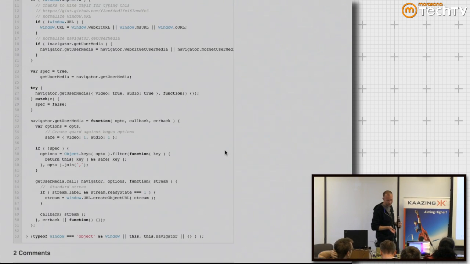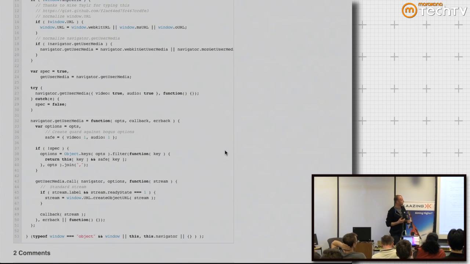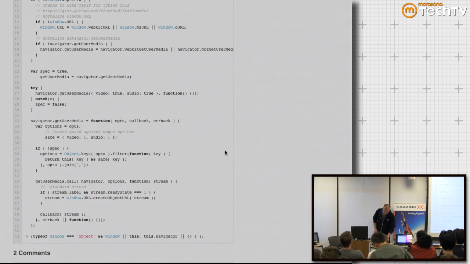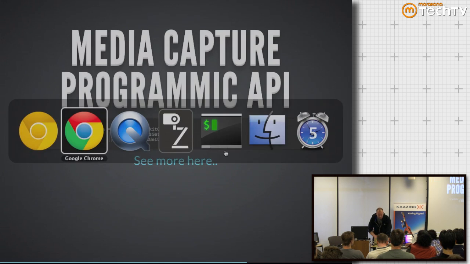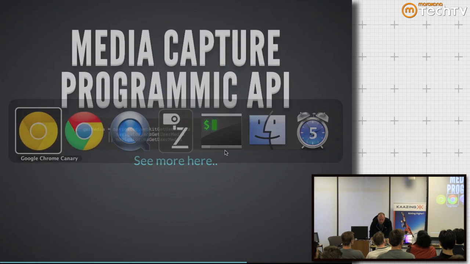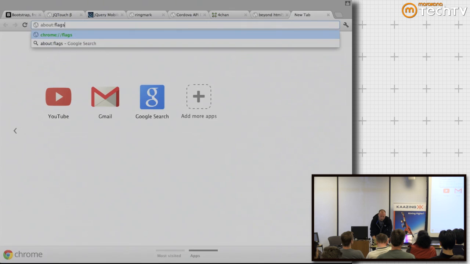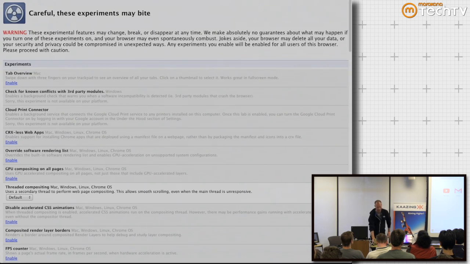I really wanted to try out getUserMedia on my laptop. I spent the better part of the day playing with it, and I can assure you it is not ready for prime time. But it does work. It does kind of work anyways. I'm going to go to Chrome Canary. If you go to About Flags in Chrome,